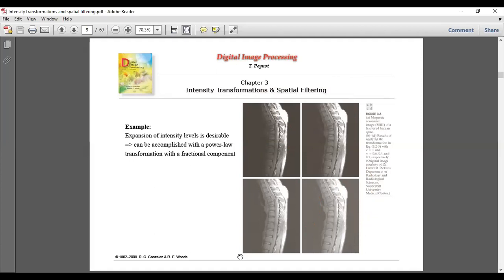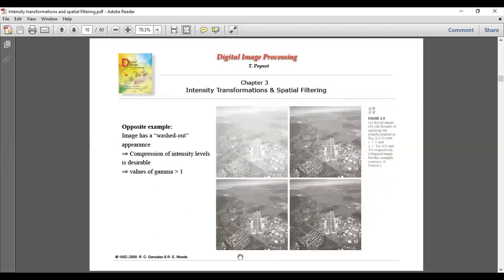What next? So here is one more case where this particular city image had been giving an impression of being washed out. But then they used a value of gamma greater than 1, and you could see the image has been sort of compressed, and you can now get a somewhat crisper image. This isn't a washed out image; this is a somewhat better image. These are the results of applying the transformation with c equal to 1 and gamma equal to 3, 4, and 5, it seems.